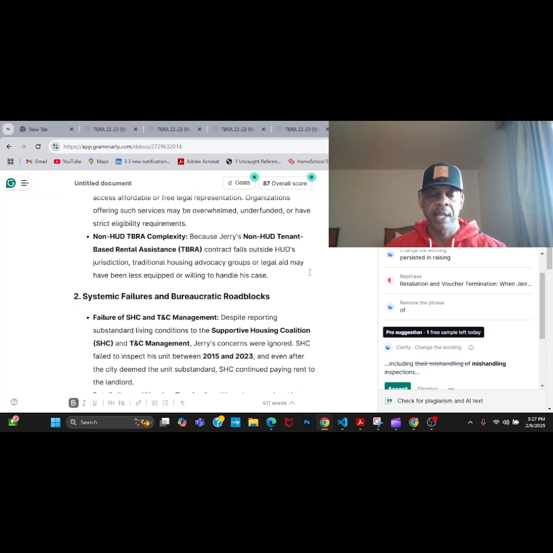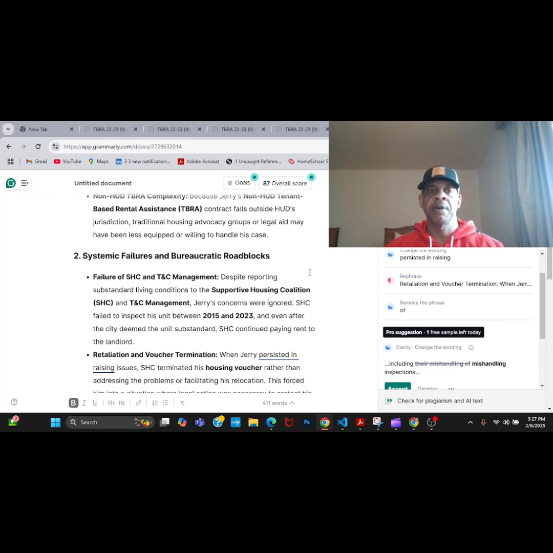And that's exactly what happened. Because your non-HUD tenant-based rental agreement is not a HUD contract and they don't have jurisdiction, most attorneys and most advocacy groups will not move forward with your case.